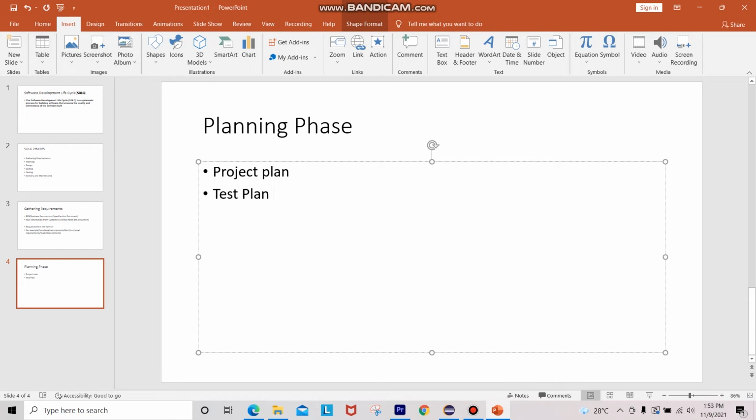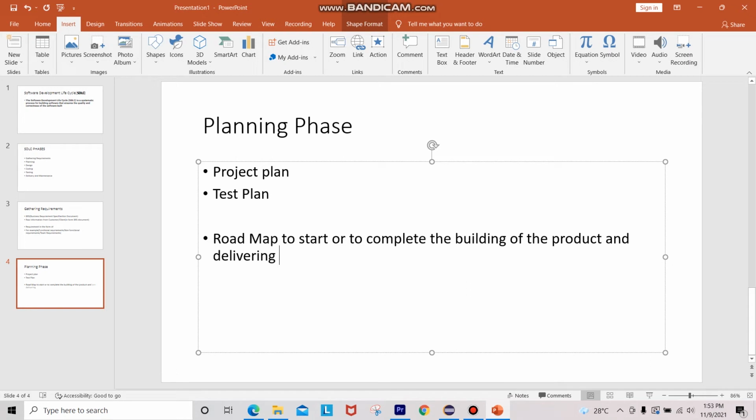So here project plan and test plan mean the roadmap to complete the building of the product and deliver the product to the customer on the mentioned time. It's like a roadmap with a certain time limitation.